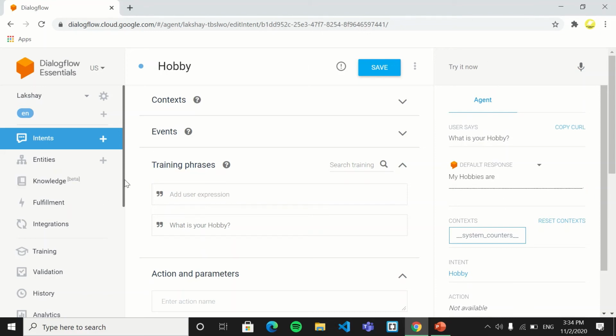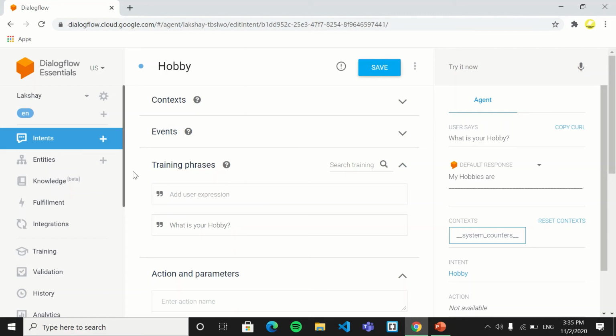So like this you can create more intents and add your information. And in a chatbot there is not any barrier of time. That means if someone wants to talk to the chatbot early morning, late night, afternoon or morning, they can. This chatbot will be available 24/7.